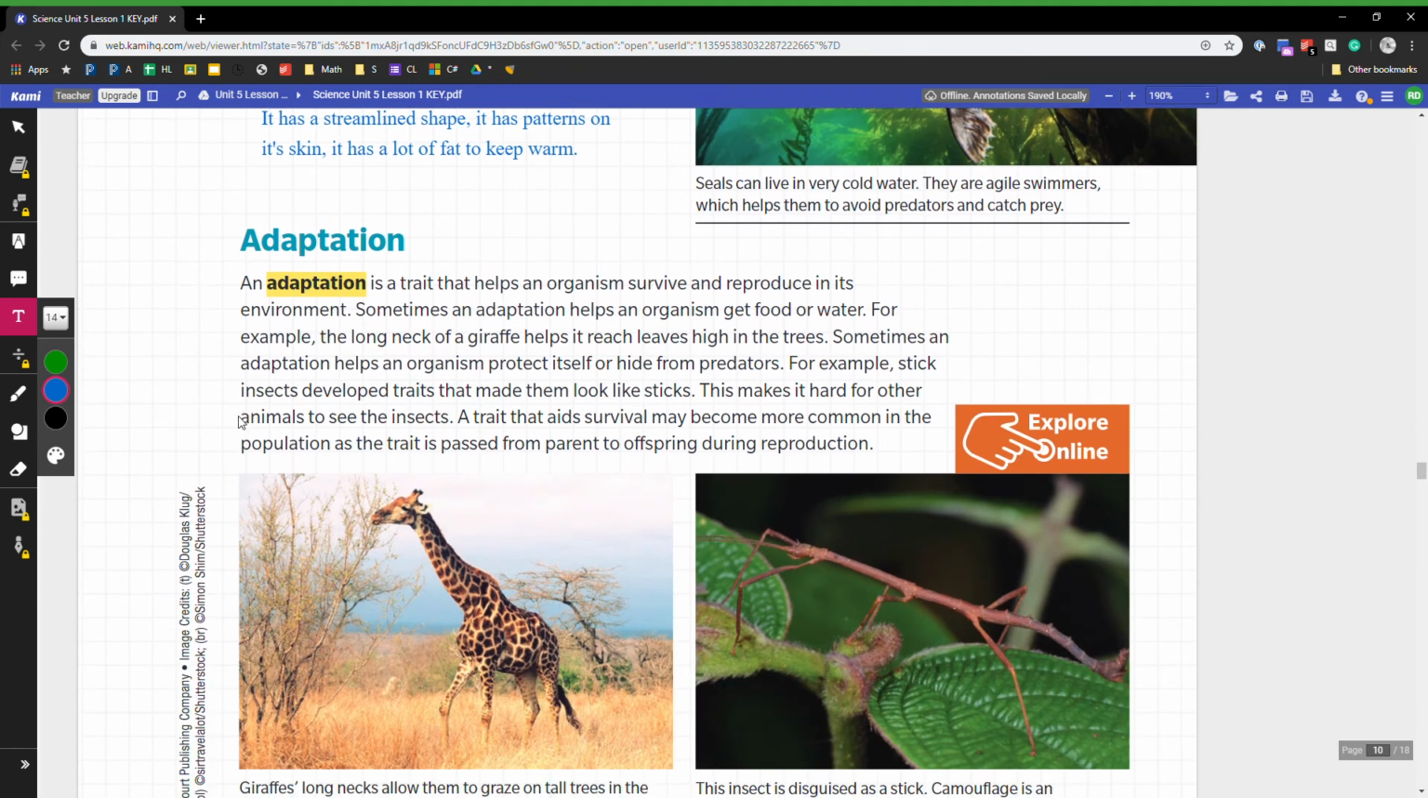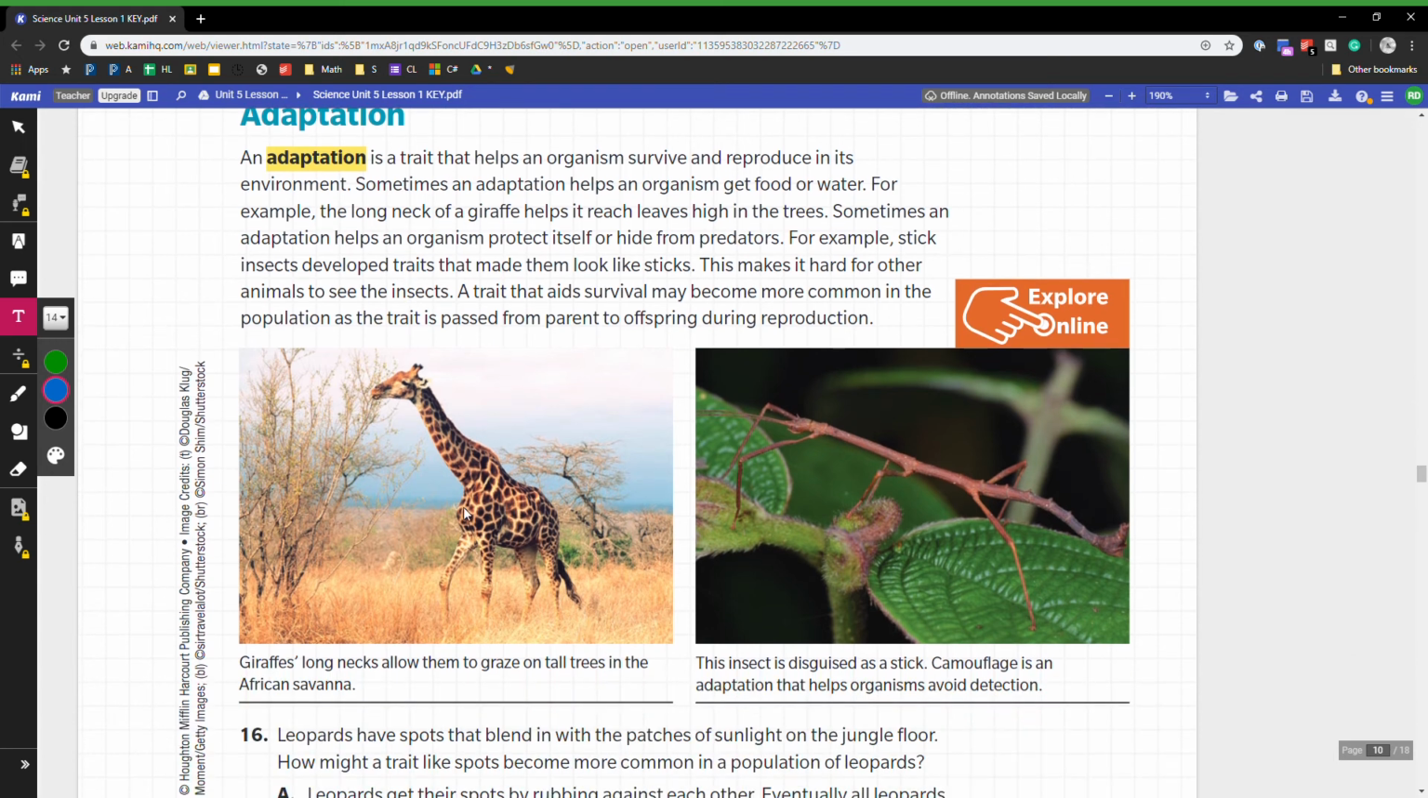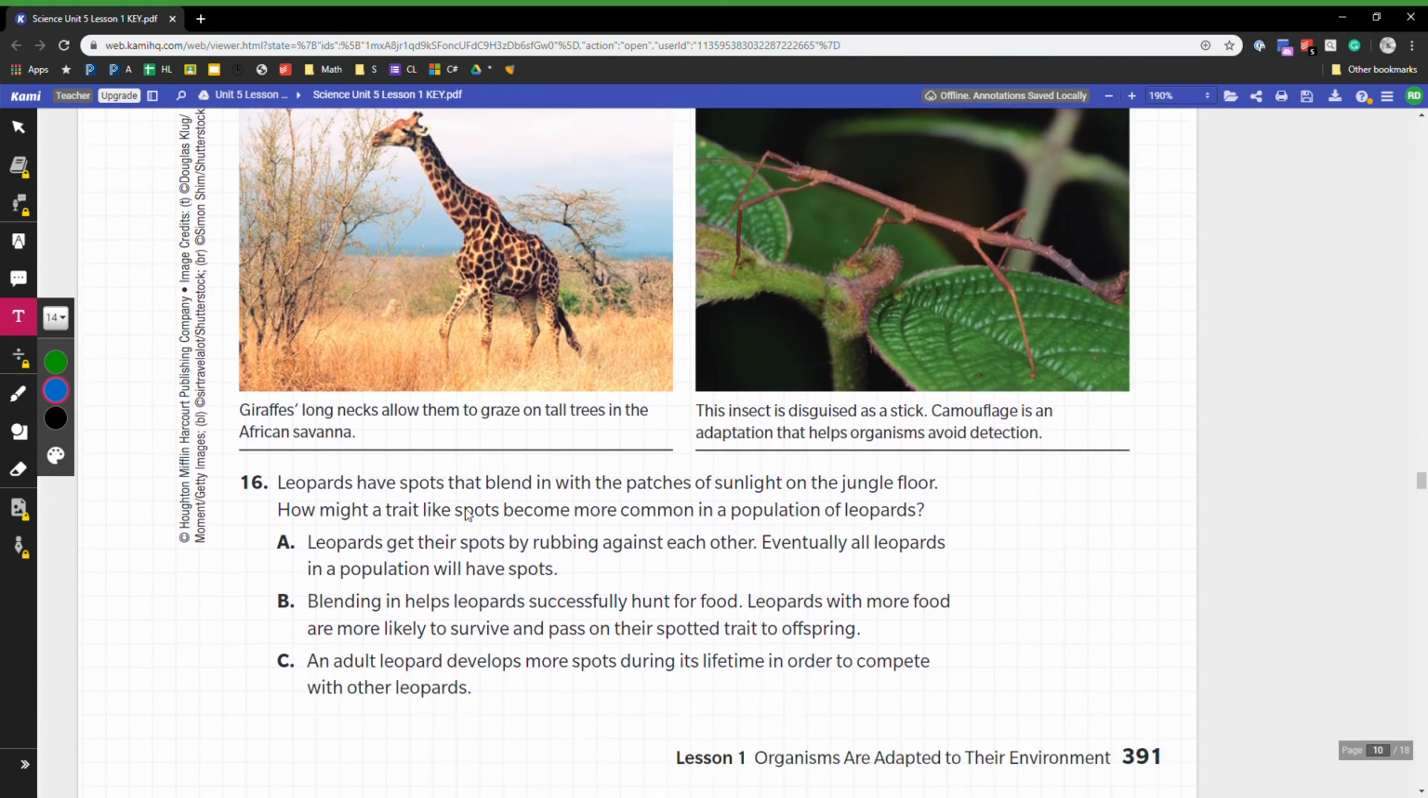And so these are adaptations. An adaptation is something that helps an organism survive and reproduce in its environment. So this question says, leopards have spots that blend in with patches of sunlight on the jungle floor. How might this trait become more common in the population of the leopards? And so it is